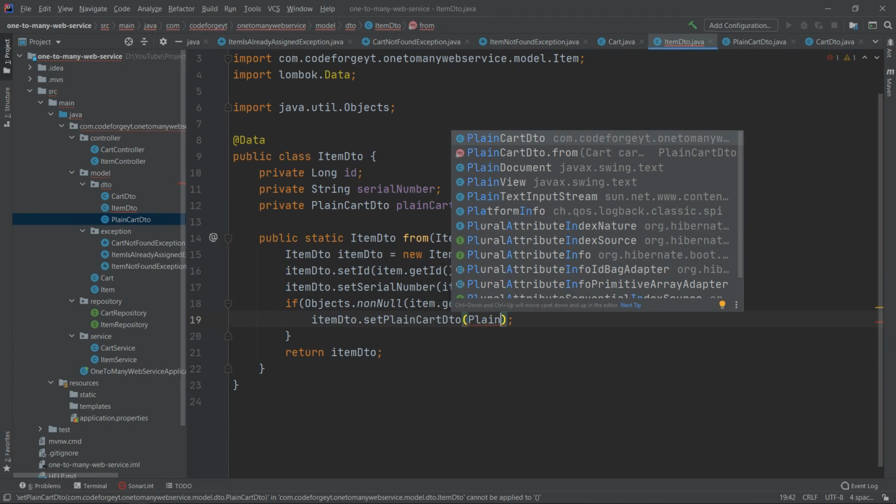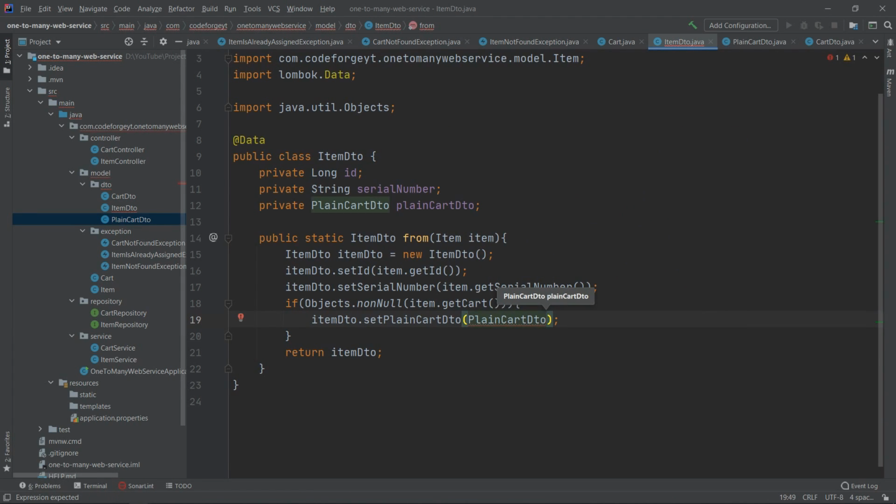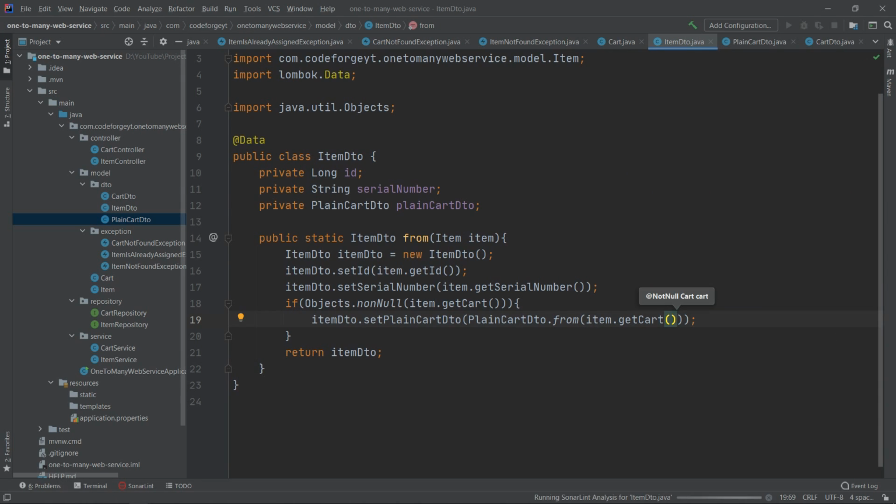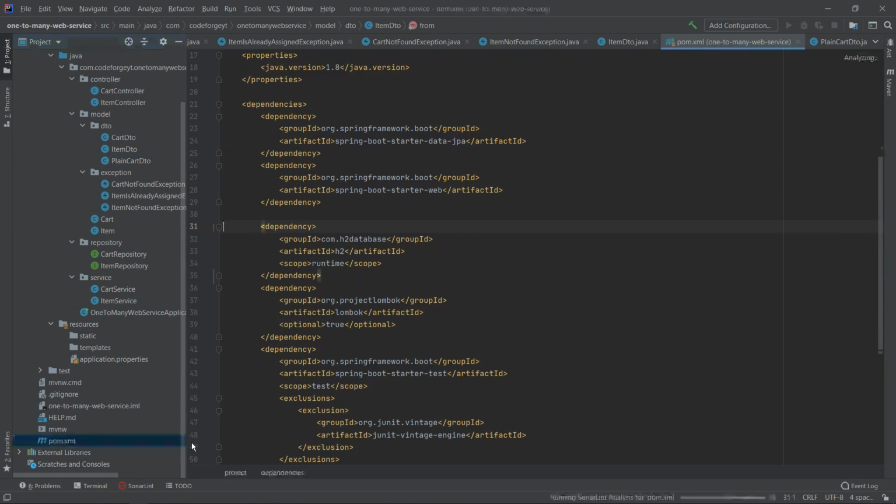And now we can use our new from method from the plain cart DTO class, and we can pass over here the cart from the item. We have to make this check because it is possible that item is not assigned to any cart. And if we perform this operation when the item is not assigned to any cart, we will get a null pointer exception. So now we are ready to test everything, and to make it easier, we'll open the pom.xml